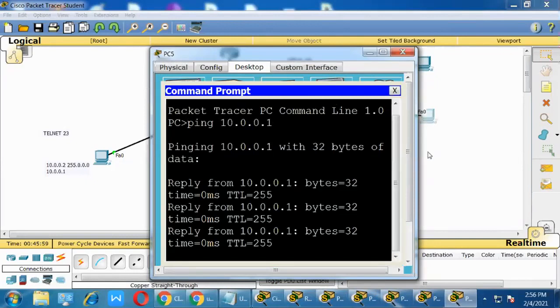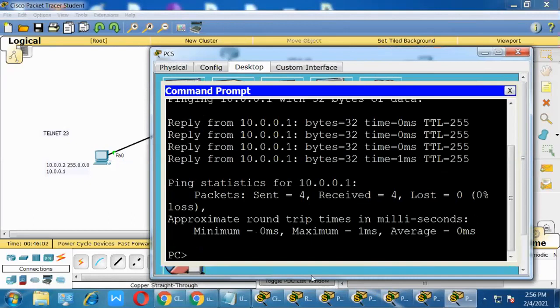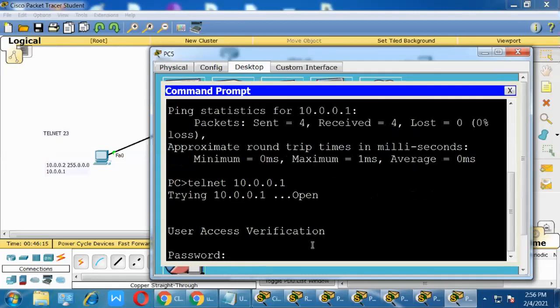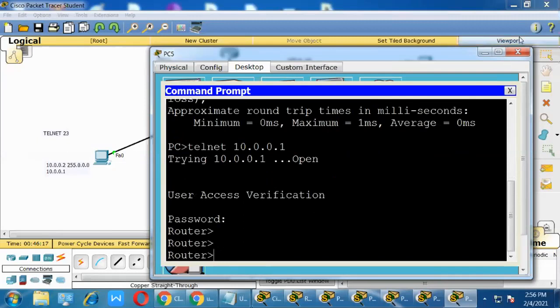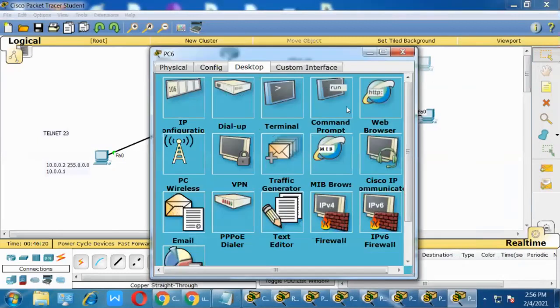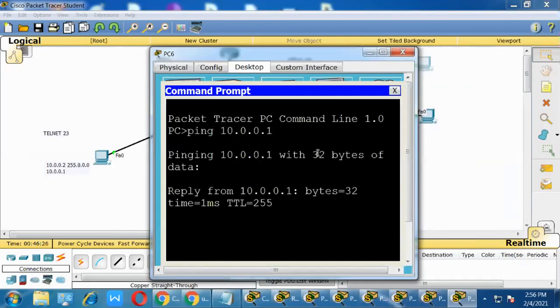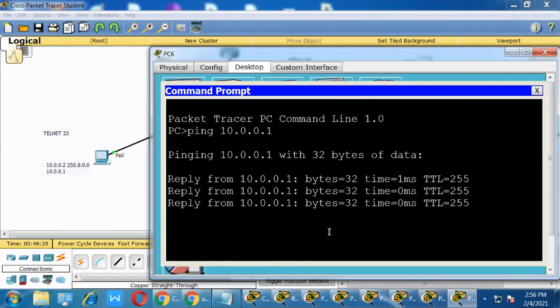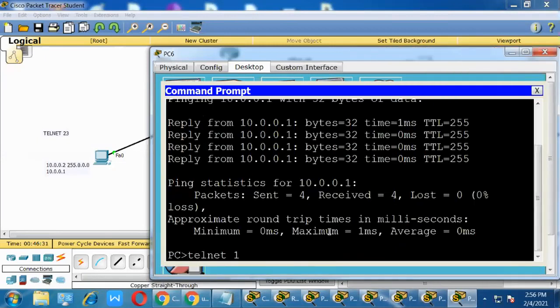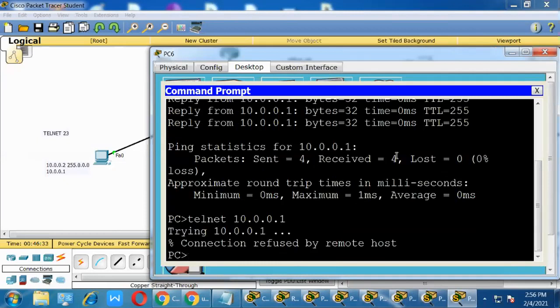Yes, I get a reply. Now telnet, CCNA password. Now this user also logs on. Now ping 10.0.0.1, I get a reply. Now check the telnet to 10.0.0.1. See what happened here: connection refused by remote host.